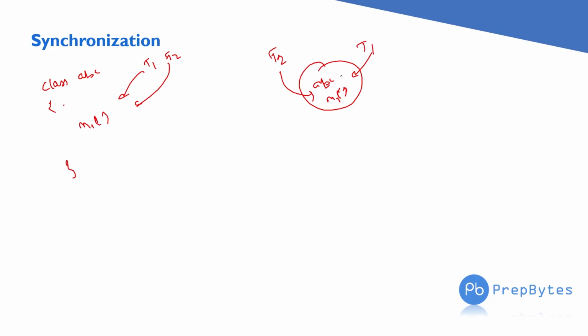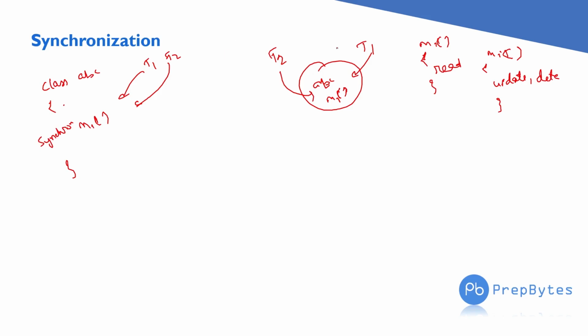If in m1 we have only read operations, then there is no problem. But if in m1 we have an update operation or delete operation, that is, we are manipulating some kind of data, then there is a big problem, because T1 and T2 can both update and manipulate the data simultaneously, and this will cause the data inconsistency problem. So you have to take care of these steps. Now, if I use synchronized in this method,